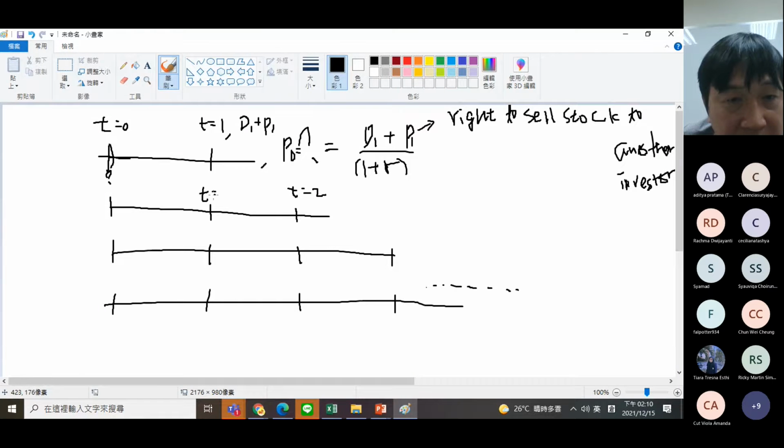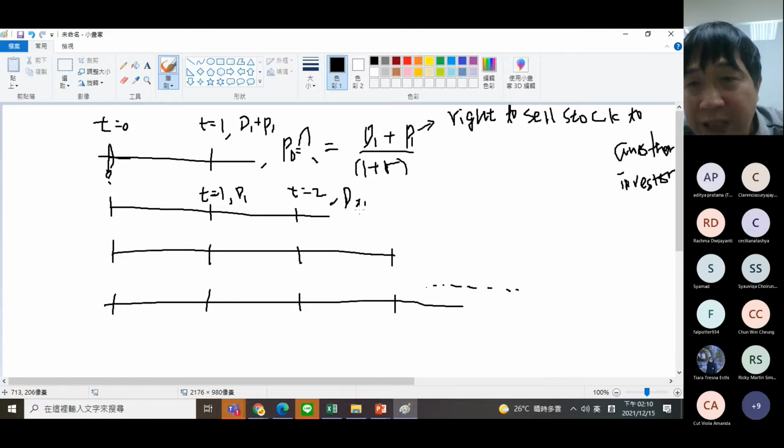At day 1, you have D1. At day 2, not only do you have D2, but over time you also have the right to sell the stock to another investor. Another investor will pay you P2, sorry, because that will happen at day 2. So what is your current value? The current value P0